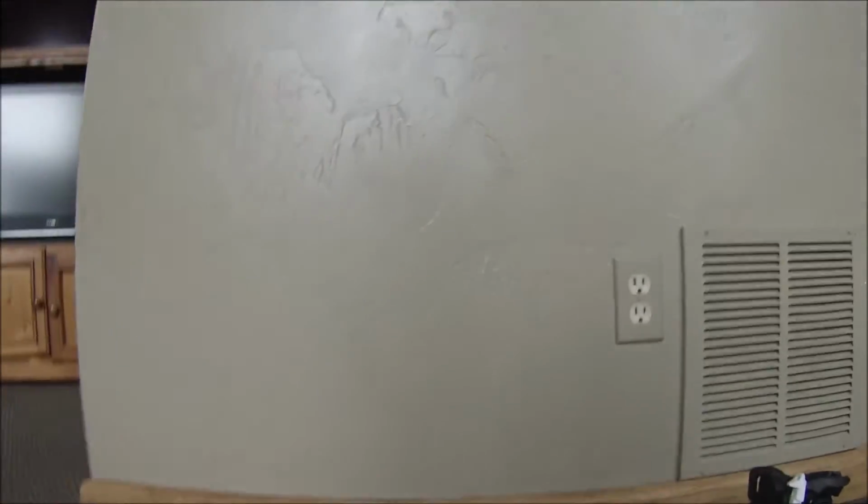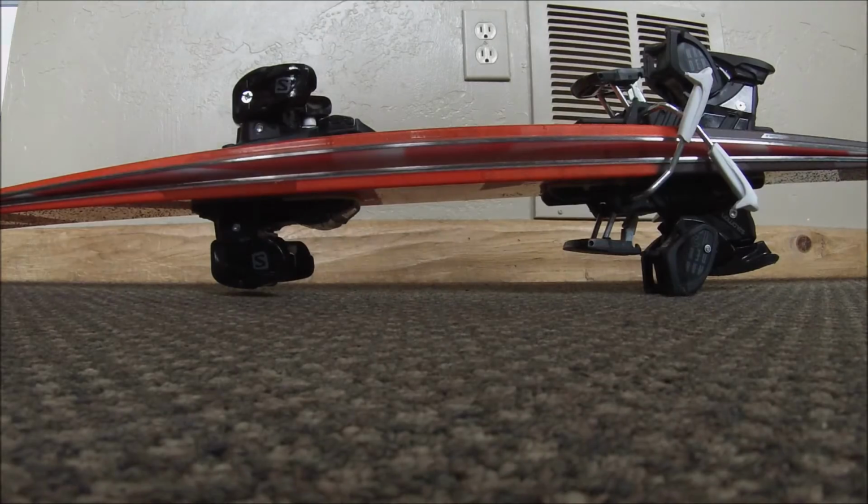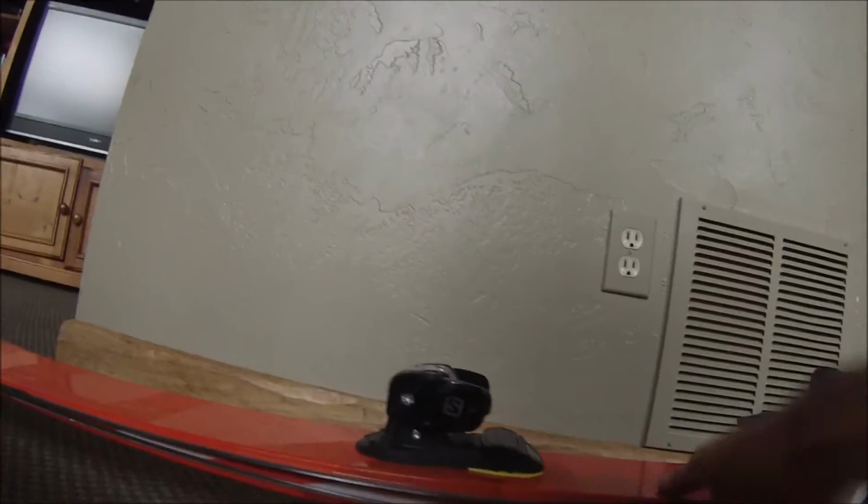It's kind of an odd rocker profile, though. And obviously, the bindings kind of interfere with this a lot. But if we see here, we start at the tips. The amount of rocker on these skis isn't actually noticeable when there's no weight on them, when you're not clipped in. And it looks like they have a ton of camber. Same thing back with the tails here. But then if you squeeze them together,